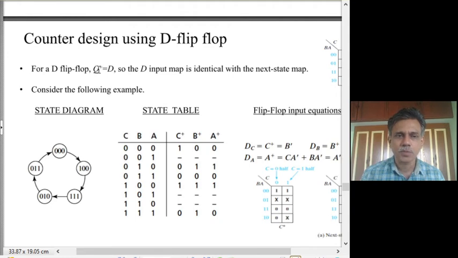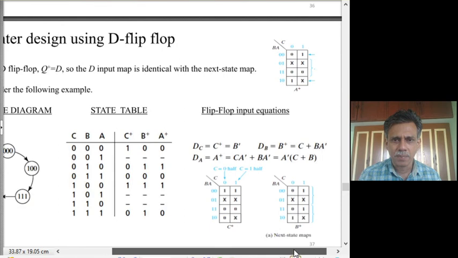This equation, if you substitute in place of Q, C or B or A, we see that DC is C plus, DB is B plus, DA is A plus. So we are not explicitly writing it, but you can treat them as DC, DB, DA. You can also mention it on the top. You don't need to copy it again. So you only make use of this one as the functions and find out the value of C plus in terms of ABCs, and that we do using a K-map.